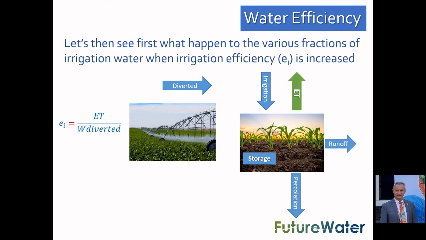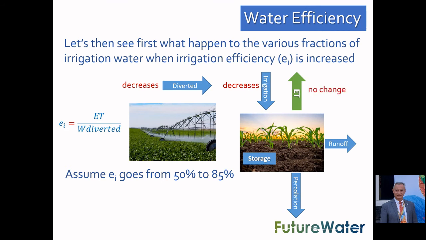Efficiency is the ratio or the fraction between the water consumed via evapotranspiration over the water amount that has been diverted for irrigation. So assume for a moment that the efficiency increased from 50 to 85%. What happened to these different fractions? Well, the diverted water is decreased. The same also for the irrigation as a consequence, while the evapotranspiration has basically no change because it's the